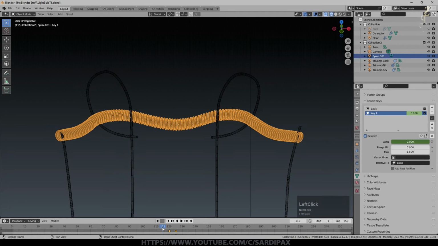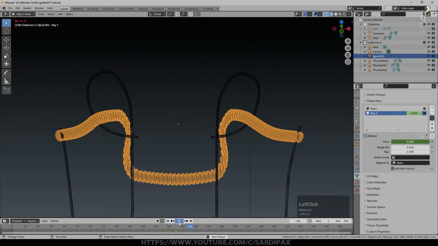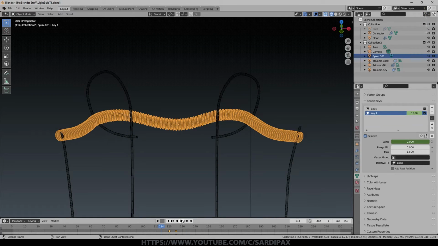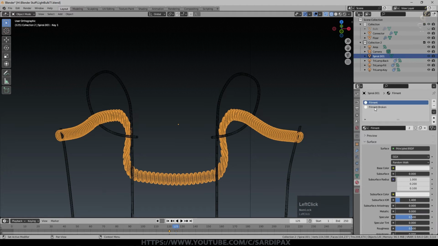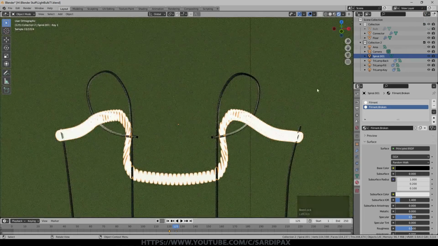And what it does is it basically goes back a little bit and then in again and back a little bit and in again. It does it quite fast though, and we've only got 5 frames there. So that will do for that. So at frame 120, our mesh melts. So what that also means is we want to change materials at that point. There's other ways of doing it, but this is how I chose to do it. So we've got a filament and a filament broken. So if we go to rendered mode now, you can see we've got our glowing filament, and both of those materials are the same right now.